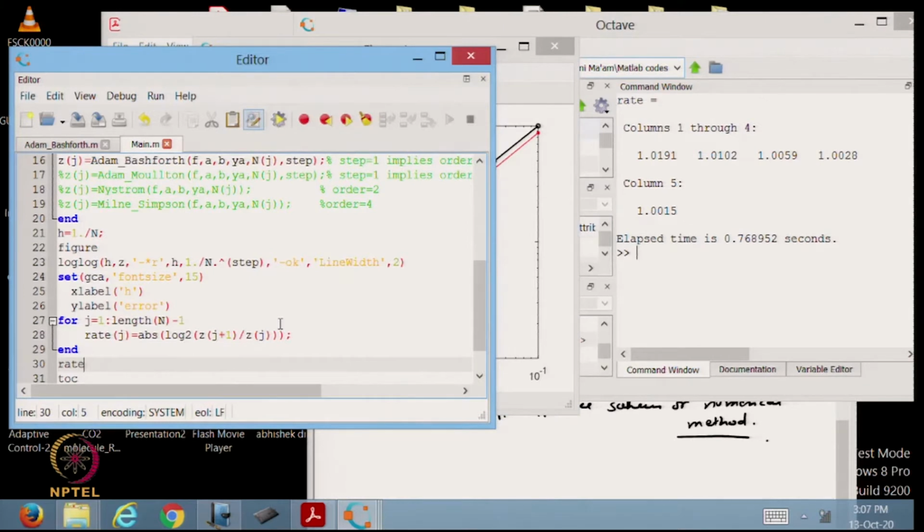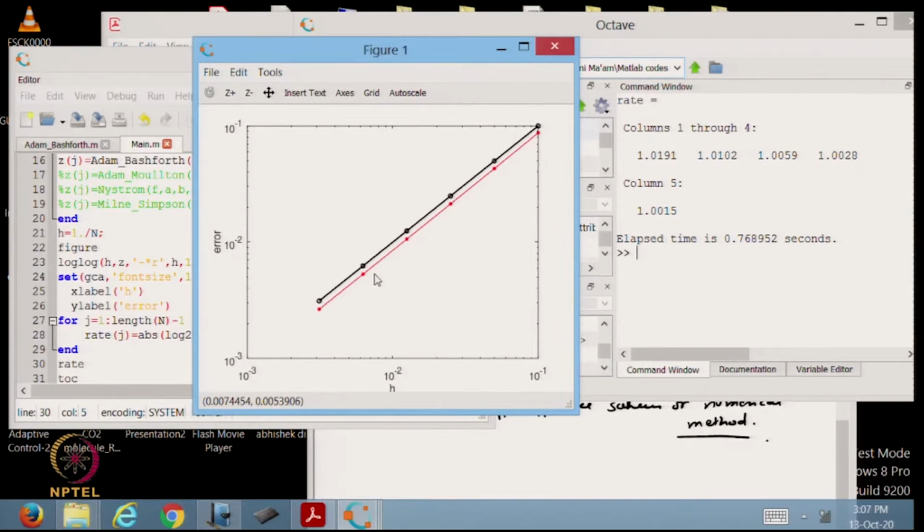So, basically we are dividing the error at two different h and then we are taking the log on both sides. So, that is how we can compute the rate formula. So, rate is first order accurate, that is what we have proved theoretically earlier, and this is what we have plotted: in the y axis we are plotting the error and in the x axis we are plotting h.